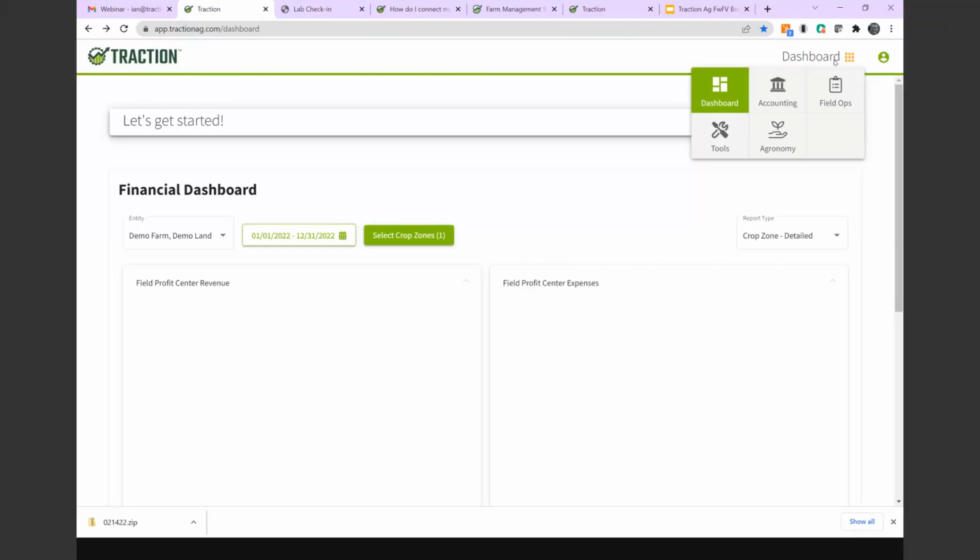Scott, do you want to weigh in on fertility scripting from FieldView? Yeah, absolutely. So anyone that does have a FieldView Plus account does have access to our scripting tools. So if you go into your FieldView account, there's a tab that's called Prescriptions on climate.com, and you have the ability to create fertility, seeding, and crop protection scripts. So you have a lot of functionality and a lot of choices there of how you want to create that prescription. You can pull up background maps such as the soil test data. You can pull up your yield data, hybrid information, whatever information that you'd like to create that prescription, you can create,